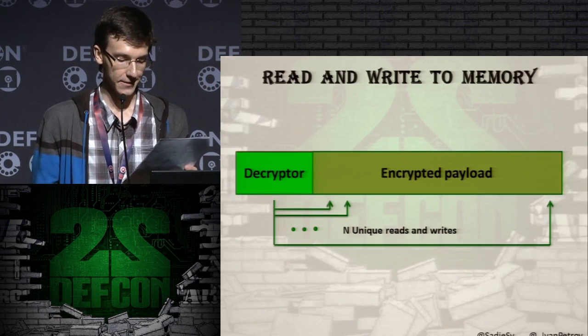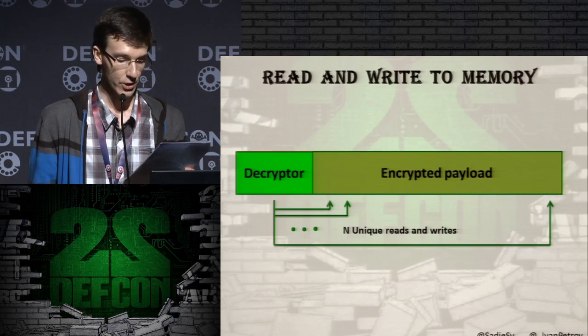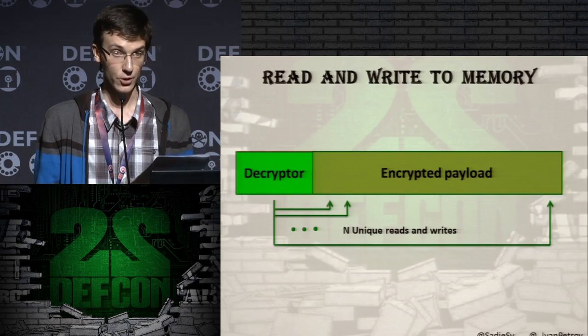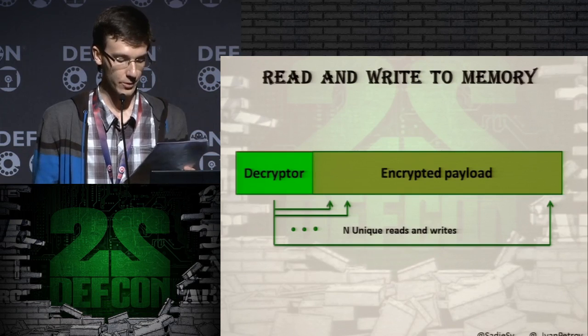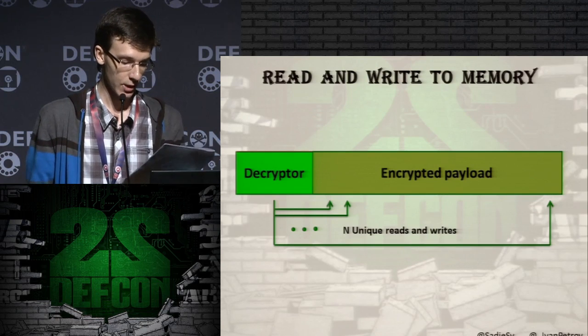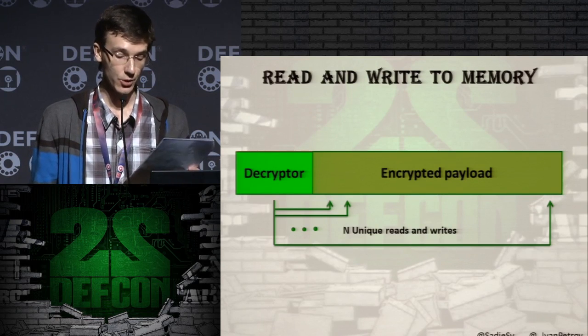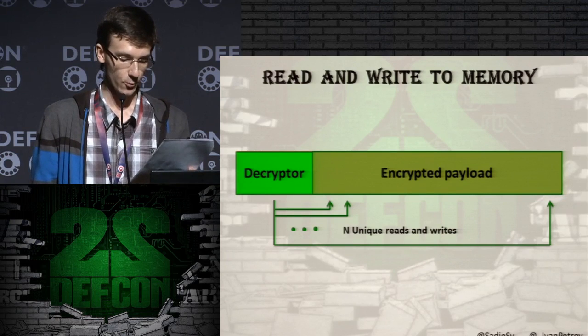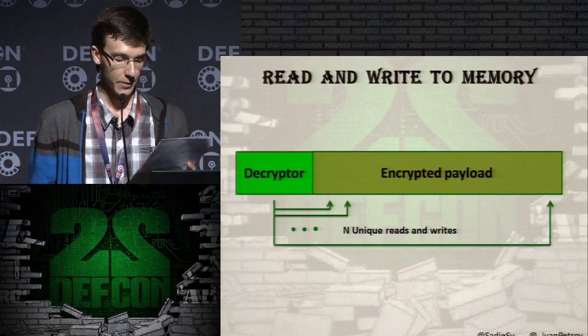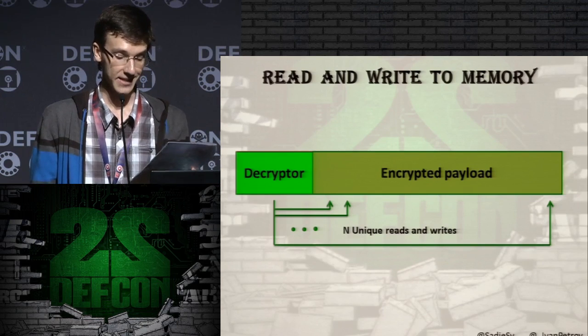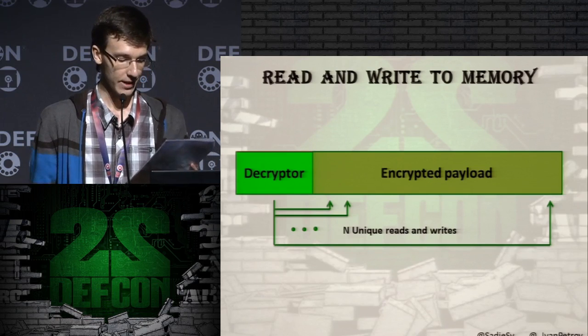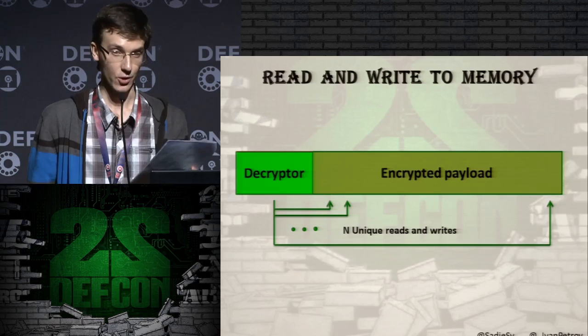Therefore, to understand that we've got a decryptor routine, we should count the number of memory reads and writes and compare them with the threshold value. There is a very important point. We count the number of unique memory reads and writes. I mean, the number of memory cells where reads and writes were done. If we didn't do that, there may be random data which has an endless cycle which writes only one byte in the same place. By all indications, this is not a decryptor.